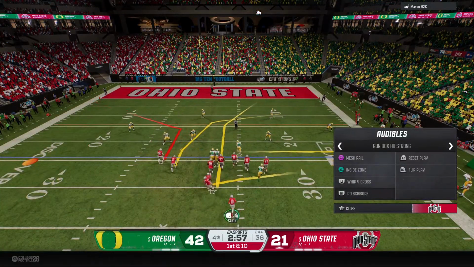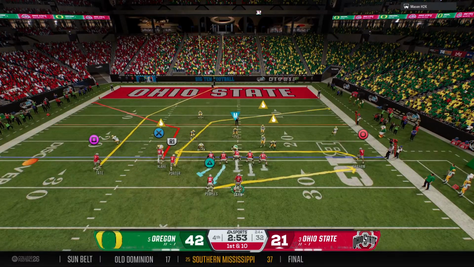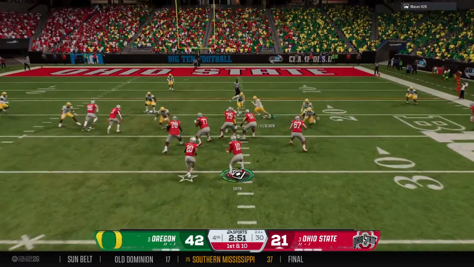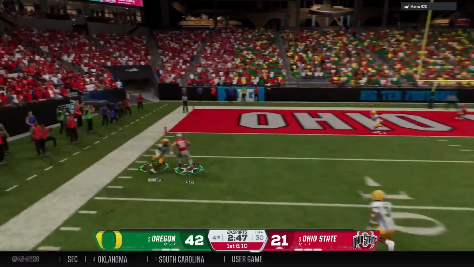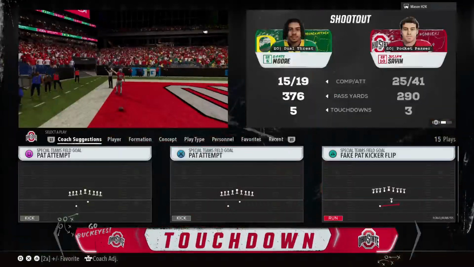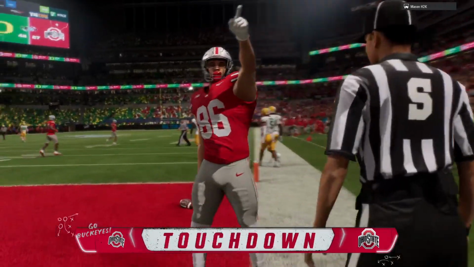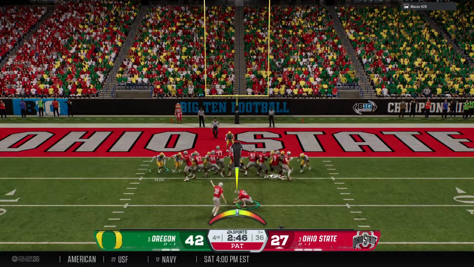The Buckeyes starting a new series here on 1st and 10. Look at this, Chris. After that big gain and a 1st down, they're already at the line of scrimmage, ready to get this up-tempo offense cranking. What a catch! Touchdown, Ohio State. That's how you finish a play. So they find the reliable tight end. He makes the defense pay that time.